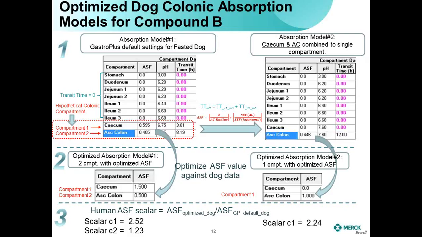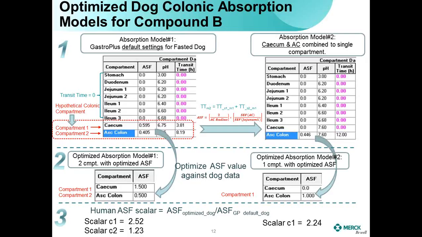After we have the oral PK model ready, as you see in step 1 here, we modify the default dog model in GastroPlus to reflect the condition of colonic dosing of solution formulation, either as a 1-compartment or a 2-compartment lower gut model. As you can see, the transit time and the volume have all been set to 0 for stomach and small intestinal compartments. The 2-compartment model is the default dog theoretical SAV model in GastroPlus, while in the 1-compartment model, the transit time were added by the cecum and colon transit time in the default setting of the 2-compartment model.